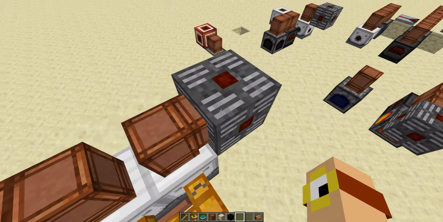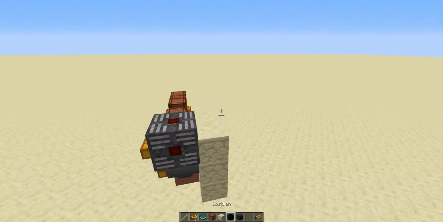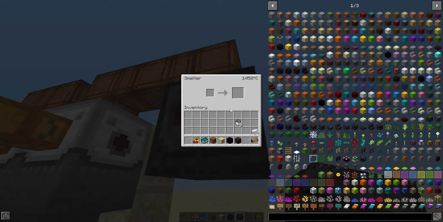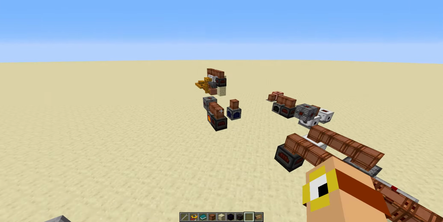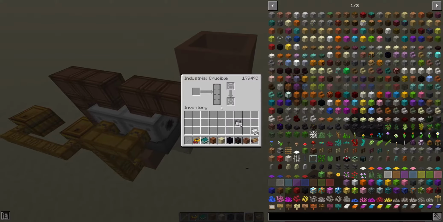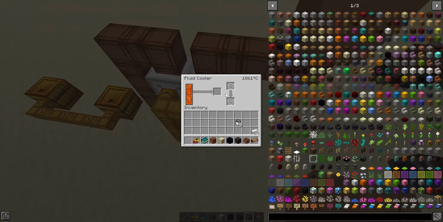Now right now I've got it connected to a heat vent because I didn't build any machines. This could be, for example, a smelter, so I could run a smelter off this thing. It could be a crucible. Let me just spawn one in. So I could run this. It could be whatever. So this is actually a pretty good way of making heat, and this thing can get really hot